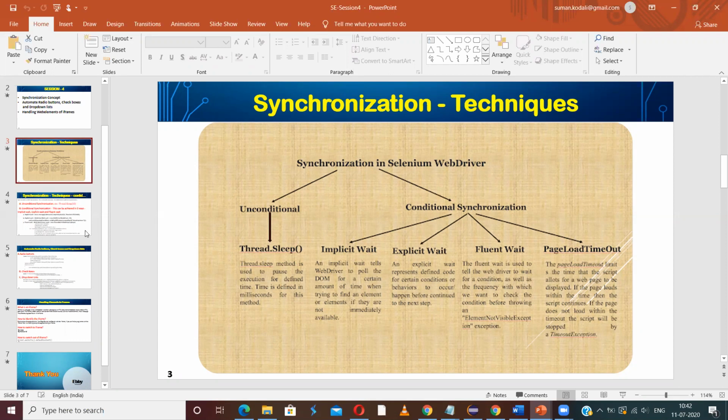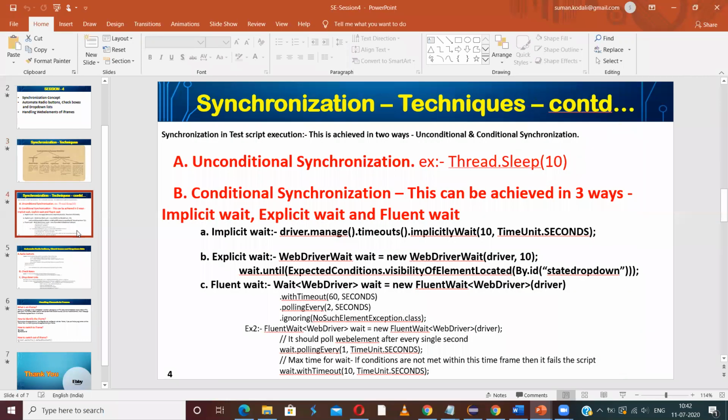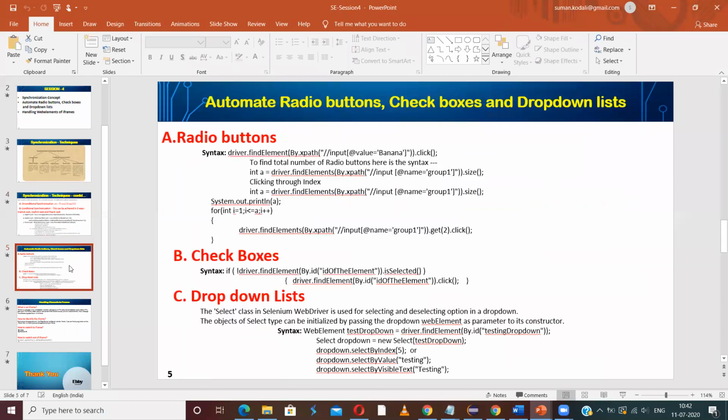So these things we have seen, and these are the syntaxes in this slide, and we have gone through some examples of the programs too. And then we also have seen how to interact with different types of web elements other than just the text box or edit box, or the submit buttons.